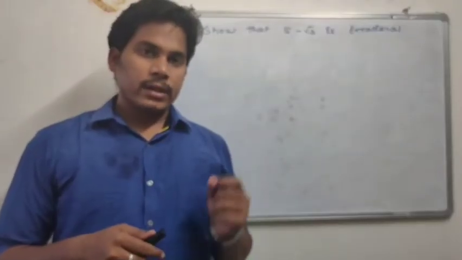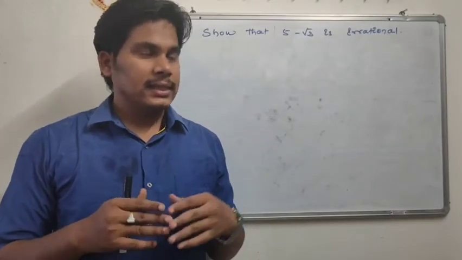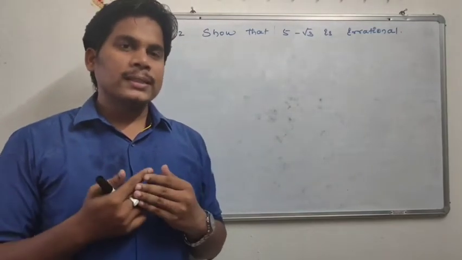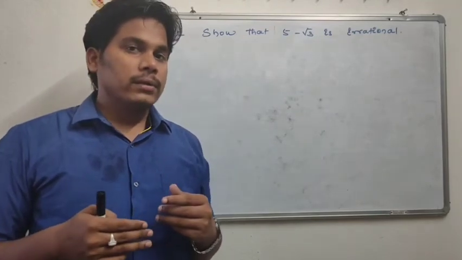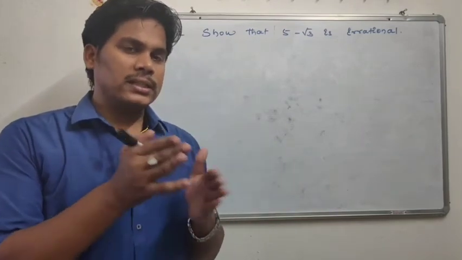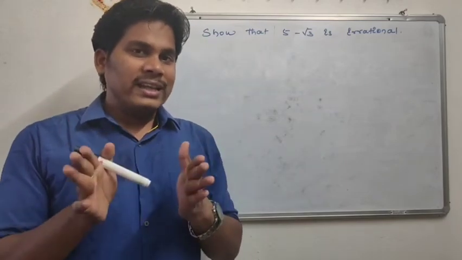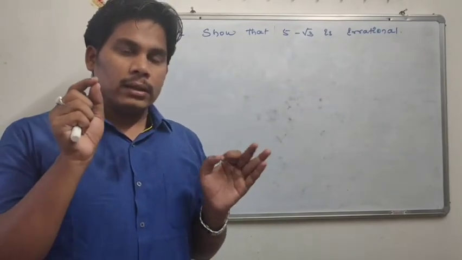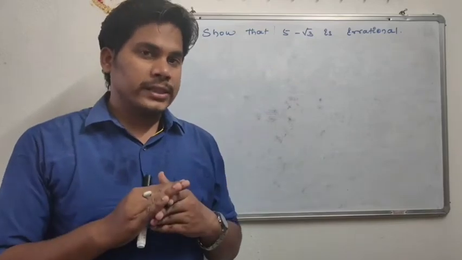Now we shall discuss the second type of question which you can face in your exercise, that is, to show that 5 minus root 3 is irrational. The question may be like 2 root 3, 2 plus root 3, 5 root 3, 5 plus root 3, whether there is addition, subtraction or multiplication, or root 3 by 5; this type of question they may give. If any type of question is given, the procedure and language are the same. Only the operations may change.